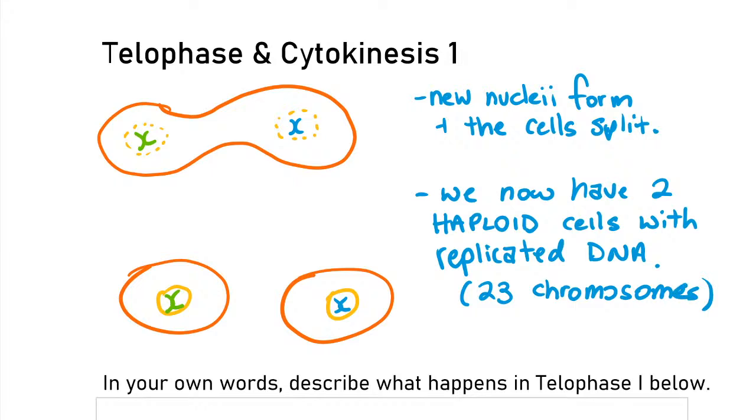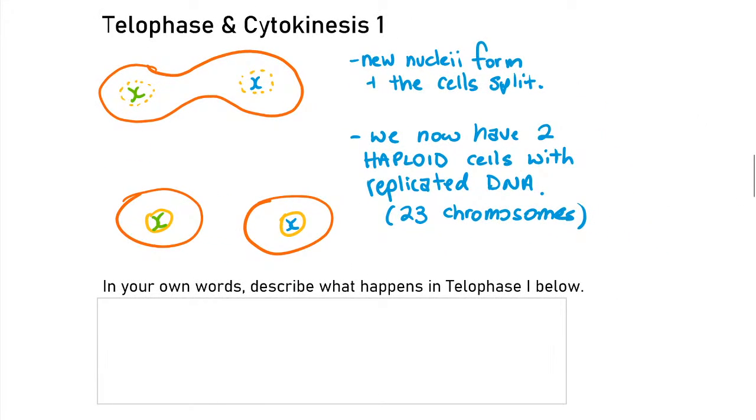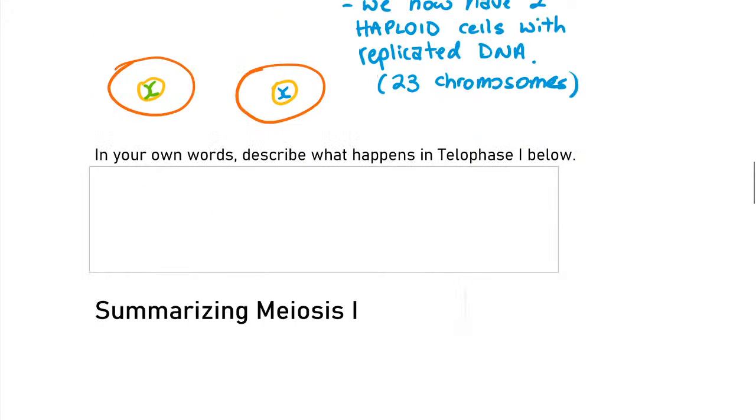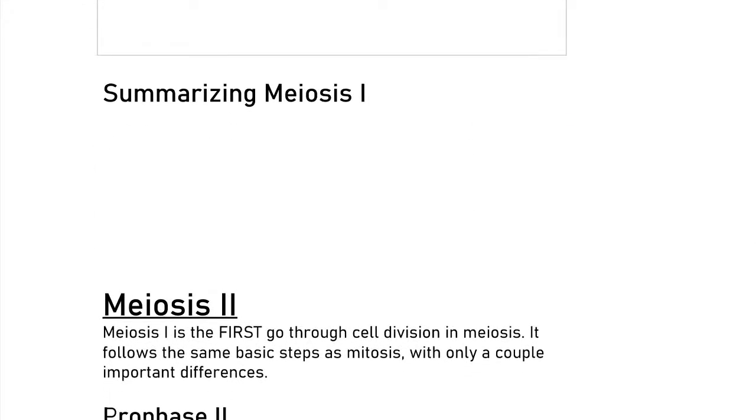but they're replicated. These can't serve as normal somatic cells because normal somatic cells have to have 2 copies of each chromosome. So they're ready to be made into sex cells, but they're not sex cells yet because they're still replicated. These chromosomes still haven't been split apart. And making these split apart so they're not stuck to an exact copy of themselves is going to be the job of meiosis II. So to summarize meiosis I, at the beginning,